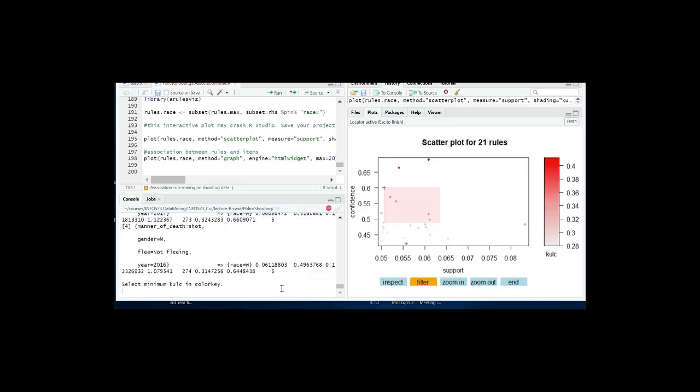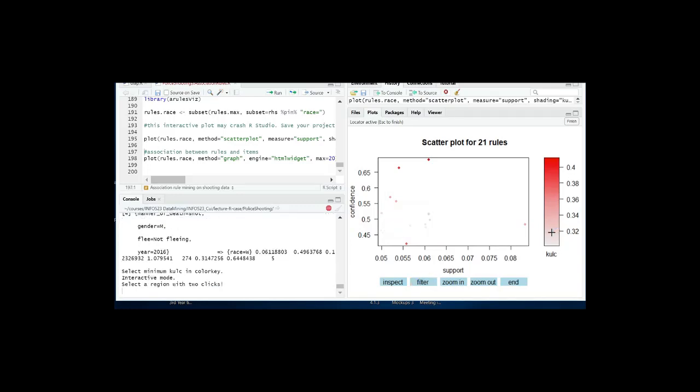We can also do filter. If you click on filter, the system is going to tell you select minimum Q value in the color key. So let's see if we want to select rules that has a Q value which is 0.3 and above. I'll just click here, and then all those rules will be selected.